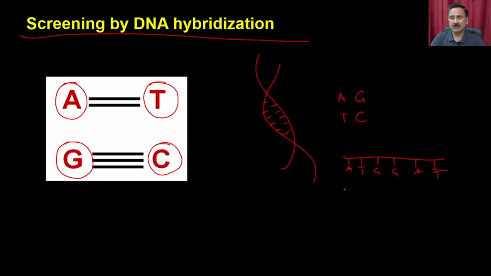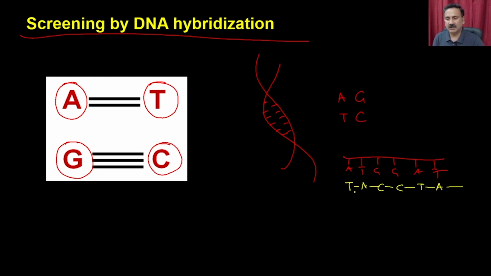So what DNA sequence is it going to identify? It is going to identify a DNA sequence of this. So wherever it finds this DNA sequence, it is going to bind,